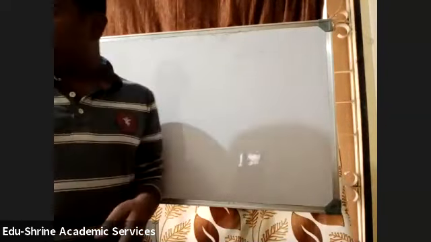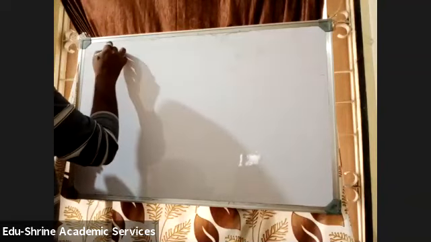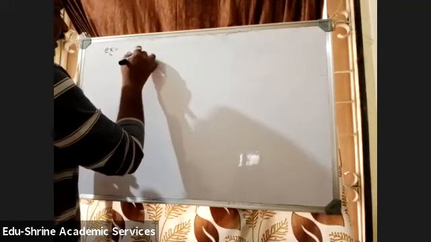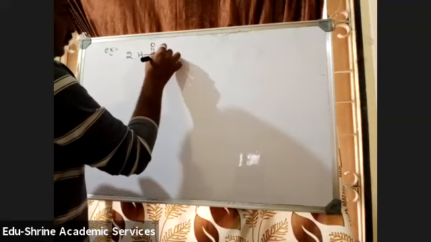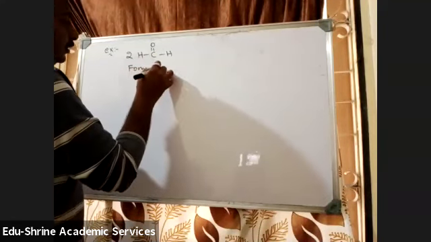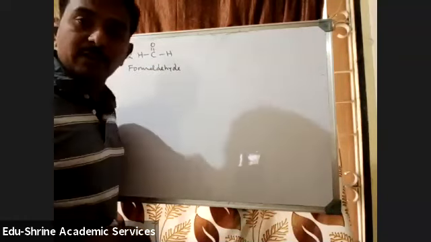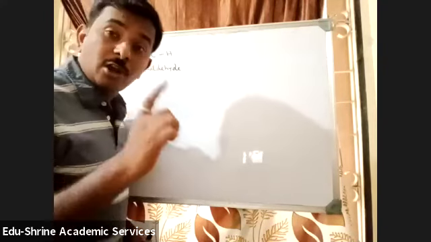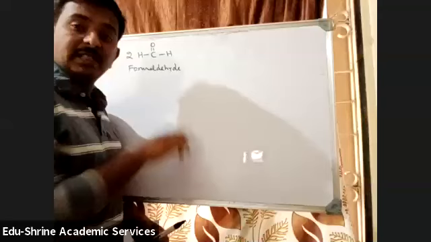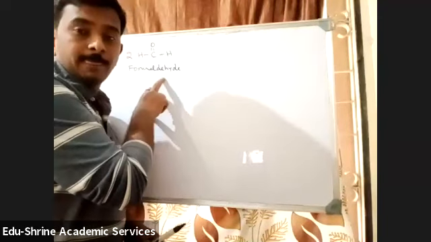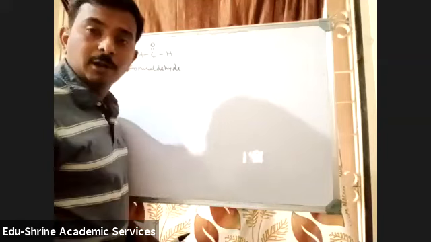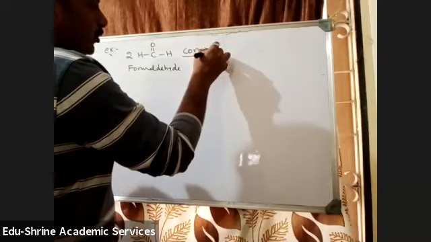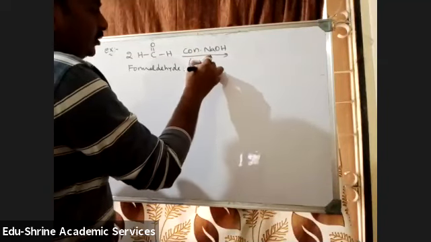So let me take one example. So here also we need to take 2 moles of the aldehyde, right? So I'm taking 2 moles of formaldehyde. This is formaldehyde. Tell me friends, will formaldehyde undergo Cannizzaro reaction? Yes, it will be undergoing Cannizzaro reaction because it does not contain any alpha hydrogens. Will this undergo aldol condensation? No, it will not undergo aldol condensation. Okay. So this in the presence of, let us take concentrated NaOH, or let it be 50% NaOH. Anything it can be.